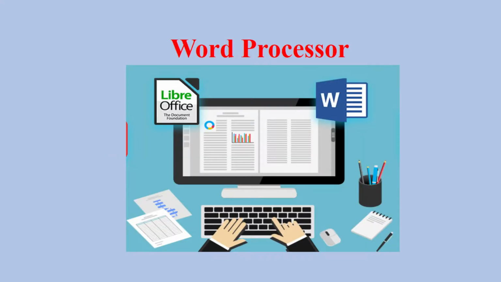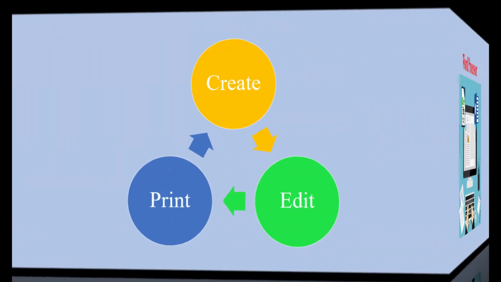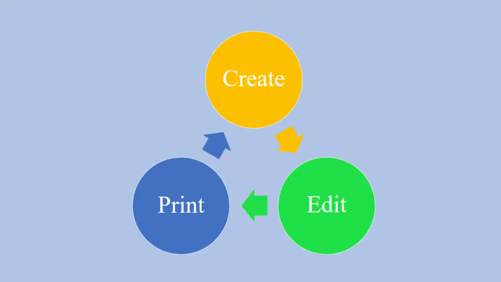A word processor is a computer program which enables users to create, edit and print documents. It makes users to write text, store it electronically, display it on the screen, modify it by giving commands and type characters from the keyboard and print it. It is the most common program used till date.